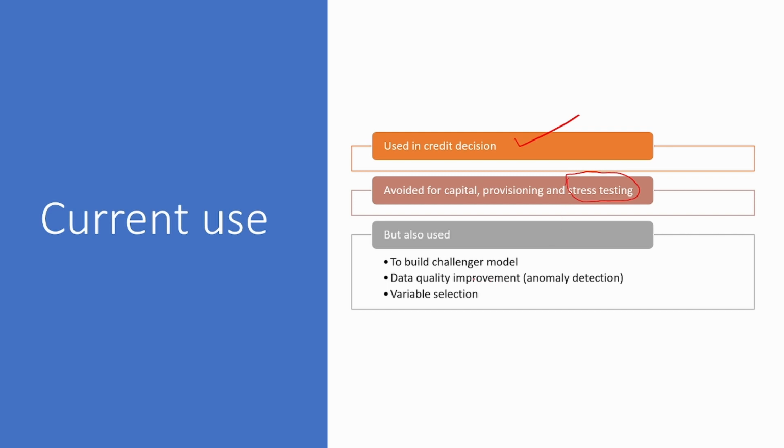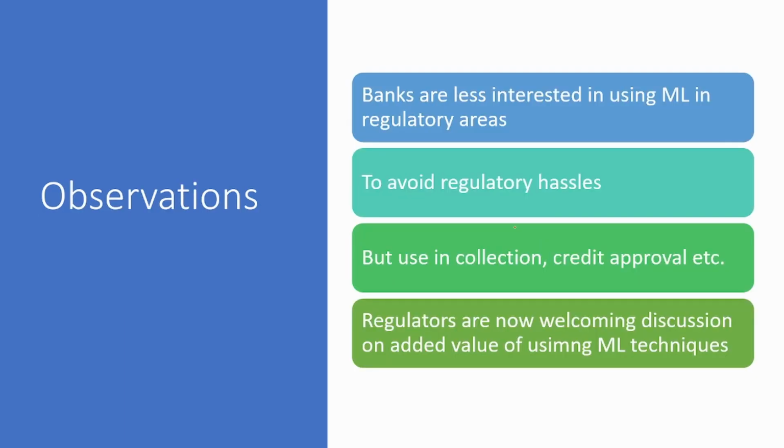But it is also used in many other models besides credit decision models, to build challenger models for IRB, for provisioning, for stress testing purposes. Now, a challenger model is not a final model, but a model used for benchmarking purposes. Data quality improvement, for example anomaly detection, some companies are using that also, and for variable selection. Some of the other observations regulators have,